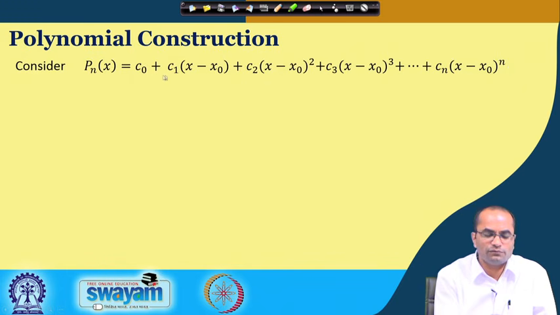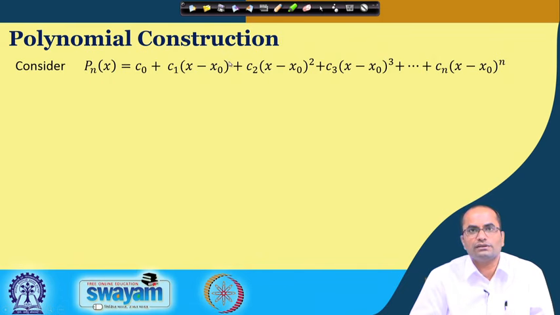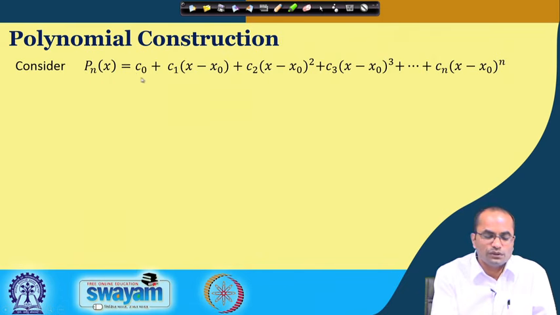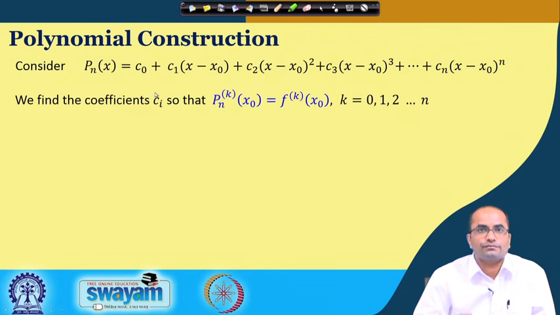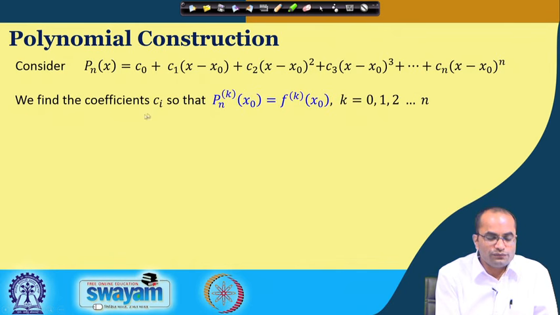In this special form we have taken this polynomial because of the convenience to evaluate these unknowns c 0, c 1 and c 2, but one can also assume any general polynomial of degree n. Now we want to find these coefficients c i's